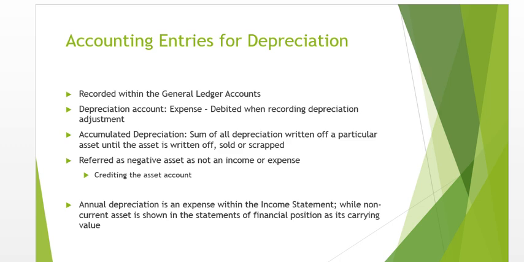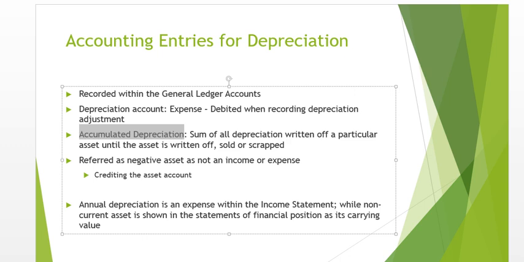so just quickly, depreciation is classified as an expense, and if expenses increase, then we know that we need to debit this recording. And then what is it that we will have to credit? We're going to debit our expense account, being depreciation, and we're going to credit accumulated depreciation. Accumulated depreciation is essentially a negative asset. It's referred to as a negative asset, as it's not an income or expense, and that's essentially the loss in value through time or through the previous years